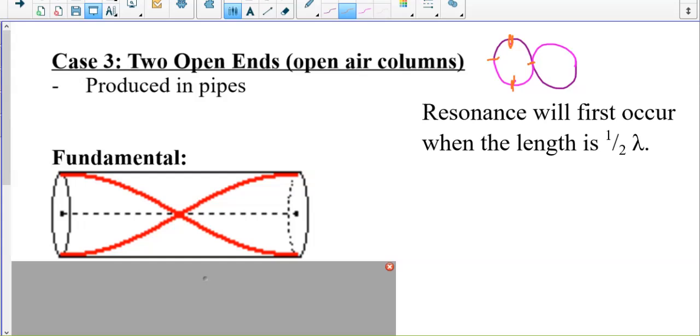This will be the halfway point of the wave. This will be the third quarter of the wave. And this will be one full wavelength of sound as it vibrates back and forth. So you can section them off into quarters. Now, in this scenario,